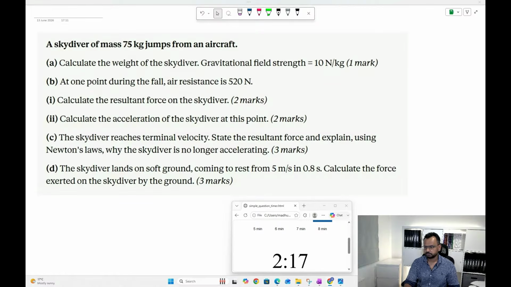Two more minutes to go, guys. Think about this. I mean, this question could be both Edexcel and AQA, by the way, because in AQA, this is topic 5, forces and motion. But I will be doing a separate one for AQA tomorrow, so if that's your exam board, you could do that one.